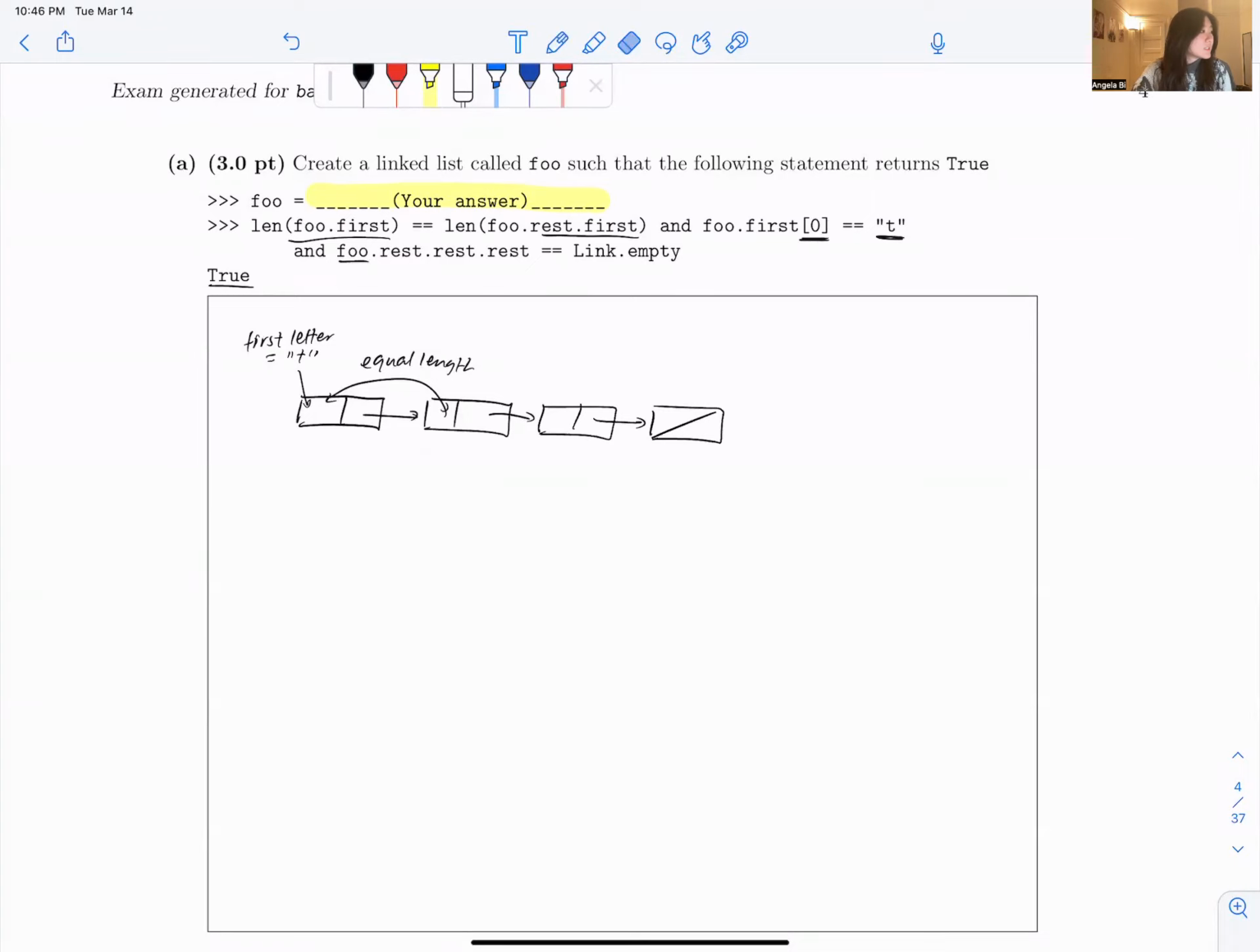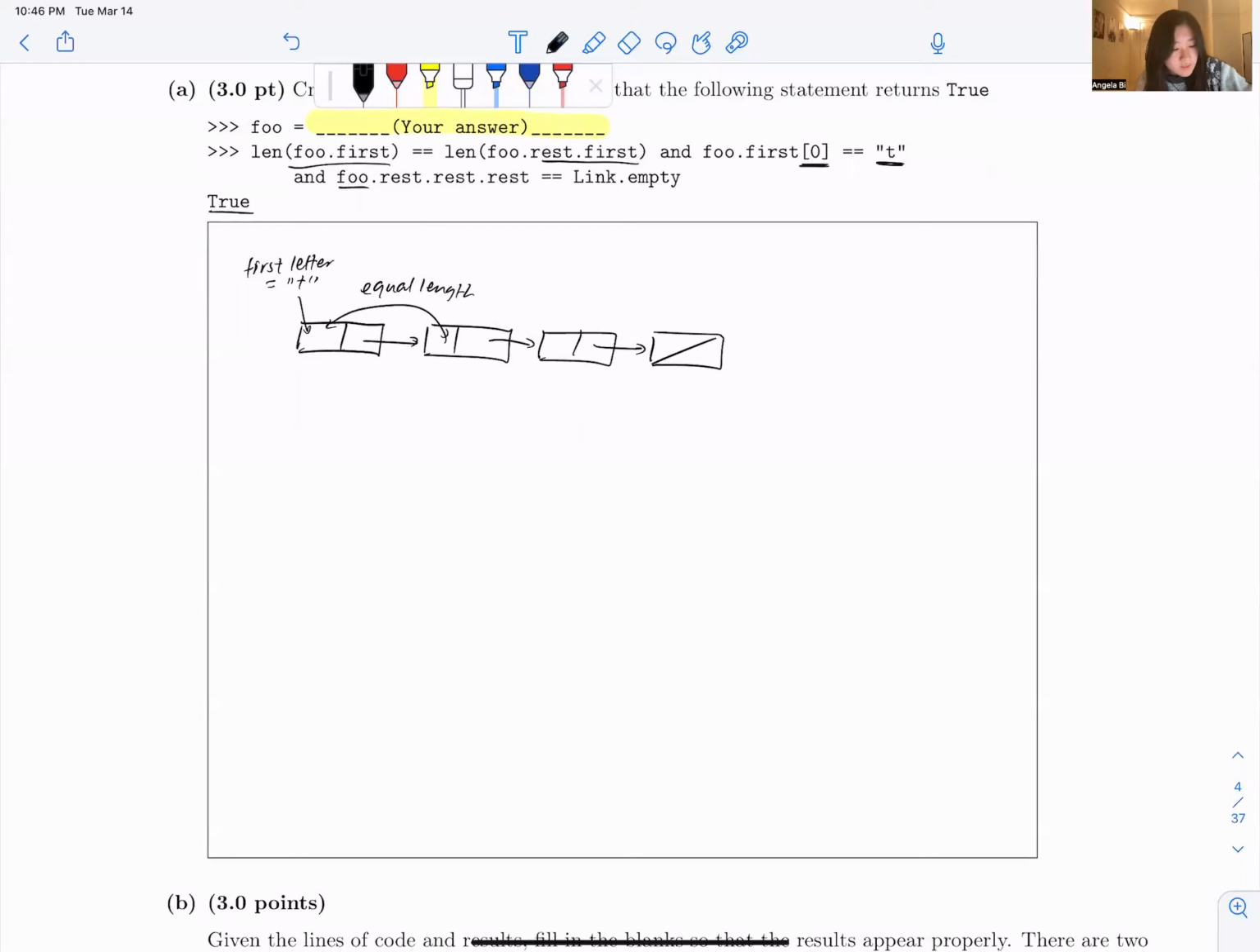So in this case, you could do anything. I'll choose to say foo equals link. My first word will be turtle because it starts with T. And then following the link syntax, we want another word that has the same number of letters as turtle. So turtle has 1, 2, 3, 4, 5, 6. So we want another word that has the same number of letters, and in the answer they